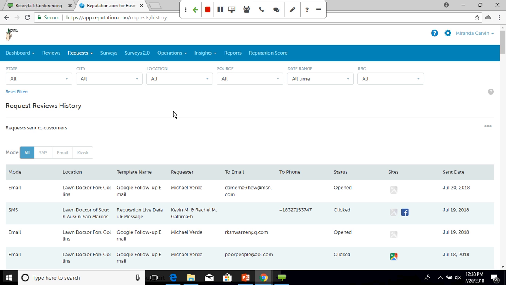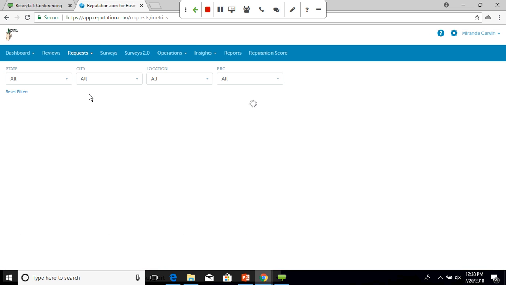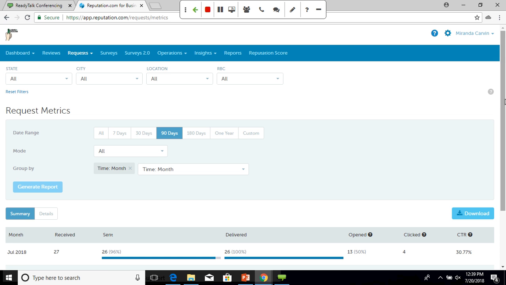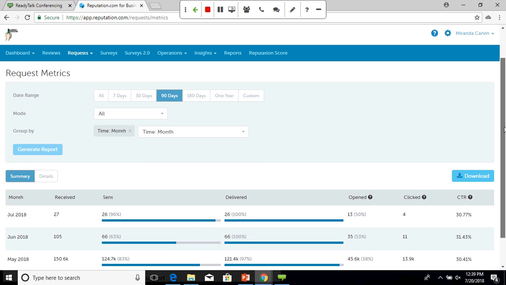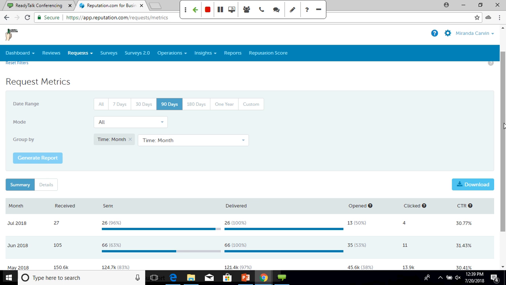If you go to requests and metrics, you could see how many were received, how many were sent, how many were delivered, how many were opened, and how many people clicked. It's very effective because you could see what your results were after you did the initial review request. The way the platform works is it'll send the request out via email, and within 3 business days,